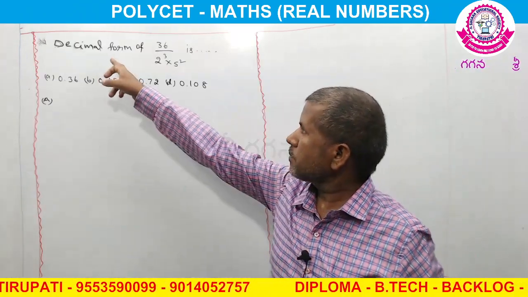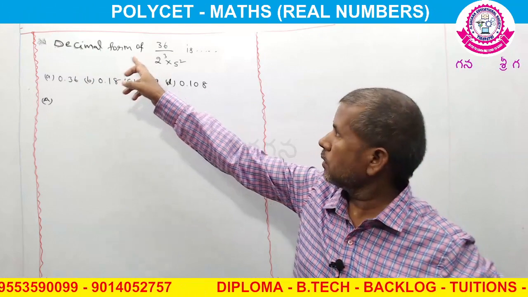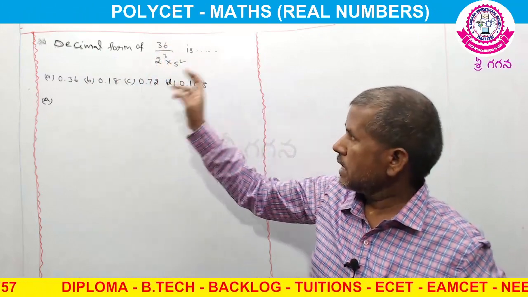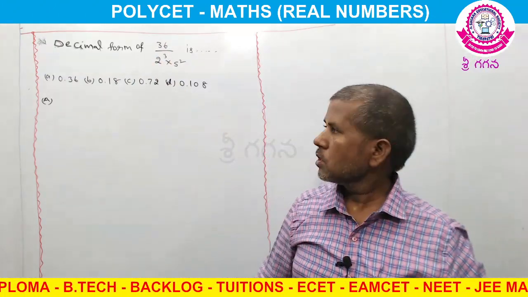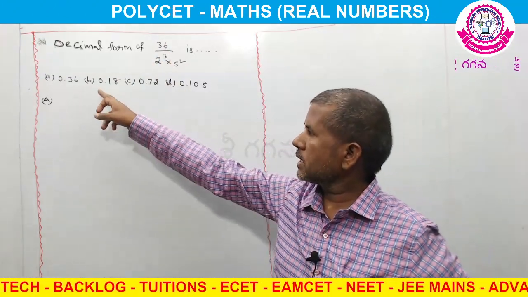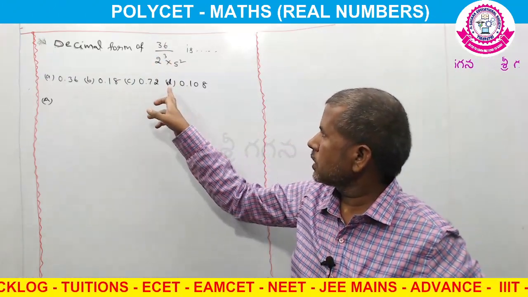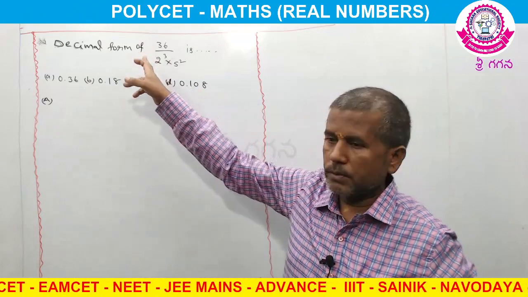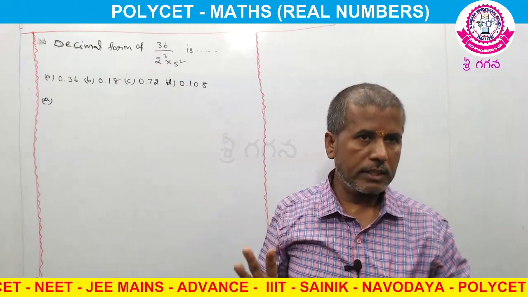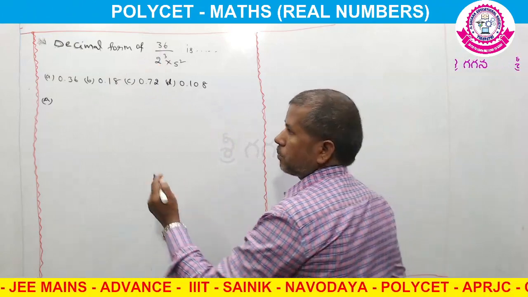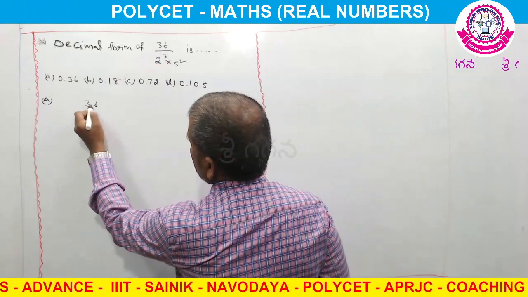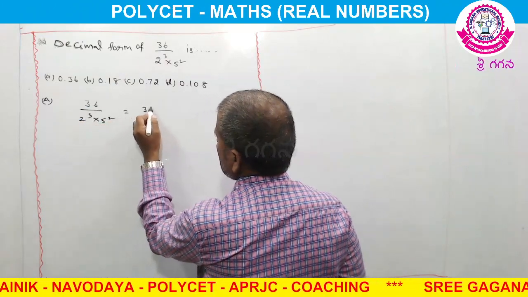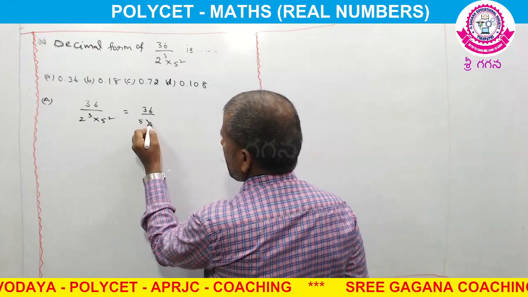So the decimal form of 36 by 2 cubed into 5 square is dash. Decimal means point values. The options given are 0.36, 0.18, 0.72, 0.108. The direct decimal method is division, any division. But here there is a very simple method. 36 by 2 cubed into 5 square, that is 36 by 2 cubed, which means 8,